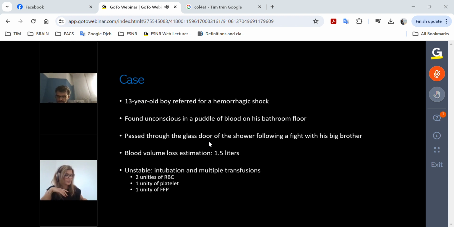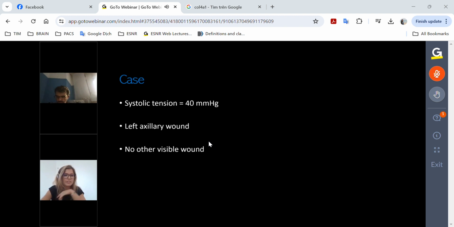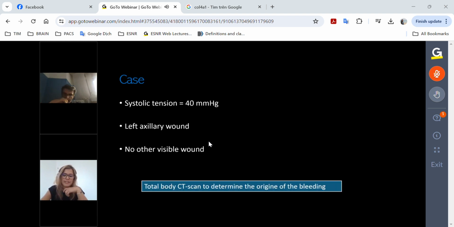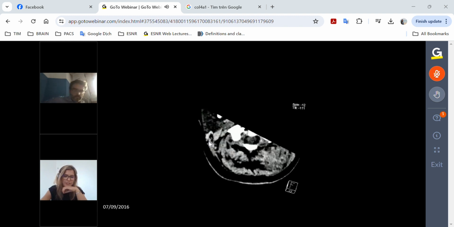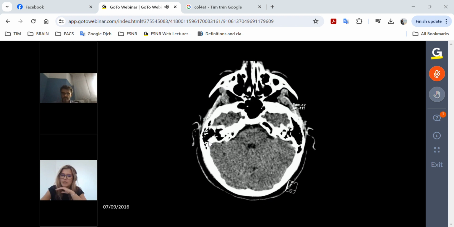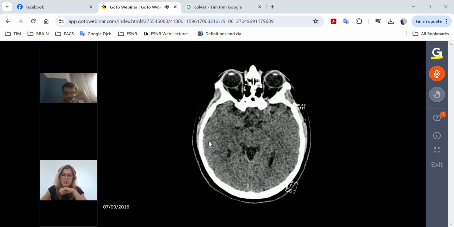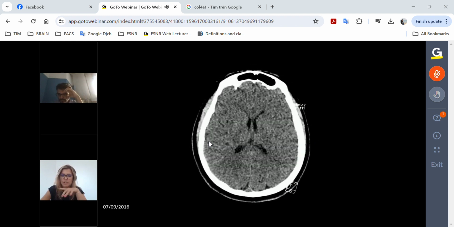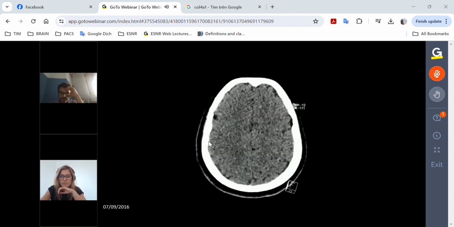Of course, he was being transfused. He was very unstable. The systolic tension was at 14 millimeters of mercury, and he had a left axillary wound. There were no other visible wounds whatsoever, and he managed to arrive at the CT scan, and we did a total body CT scan. So here is the axial non-contrast brain CT showing no hemorrhagic components, intra-axial or extra-axial, that could explain this volume loss,